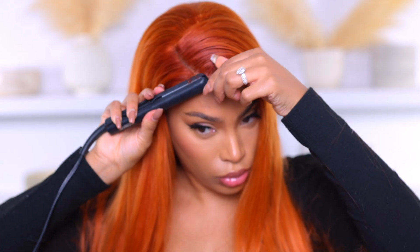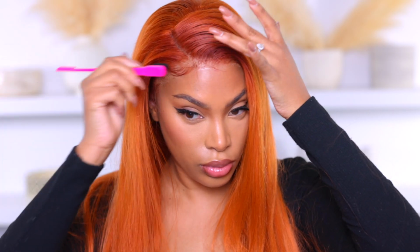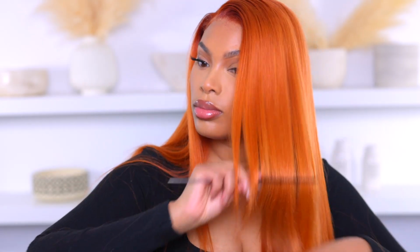I'm going to go in with my tiny little baby hair flat iron. Well, it's just a flat iron. It's very small, but it's good for baby hairs. And I'm just going to flip it upwards. Child, I don't even know what I'm doing when it comes to baby hair. You guys already know this. And I'm going to go in with my edge brush and just create a little swoop. I feel like it was necessary with this wig. Again, it's transparent, it's not HD, so I do have to hide any kind of lace,